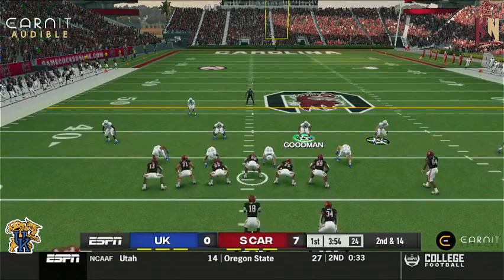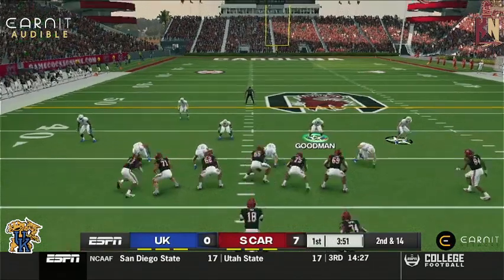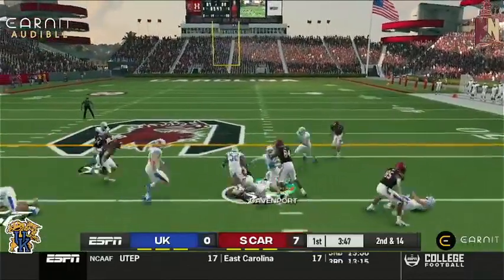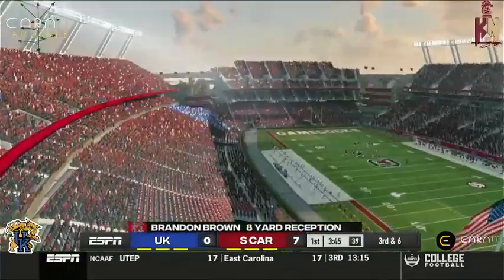South Carolina is up a score. Fires quickly to the tight end. Brought down at about the...